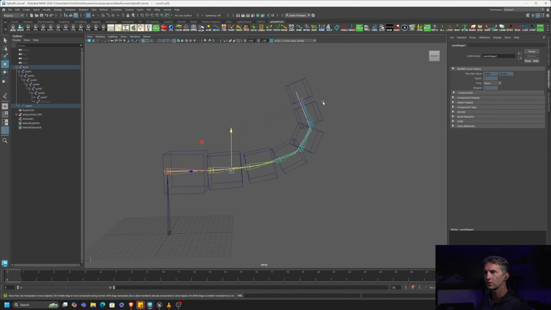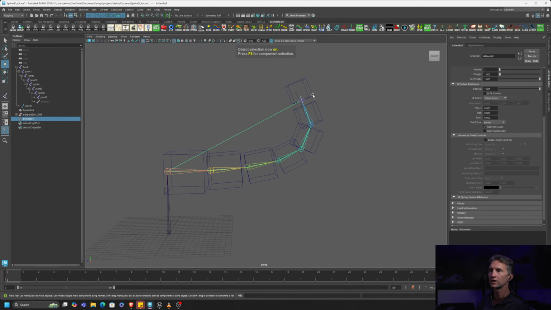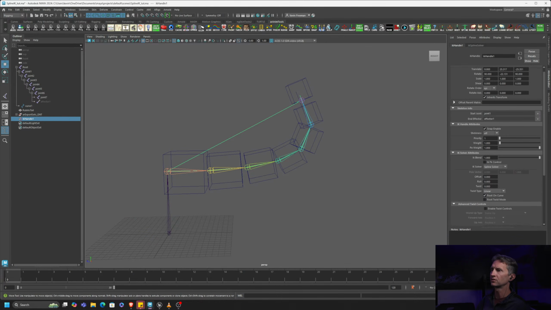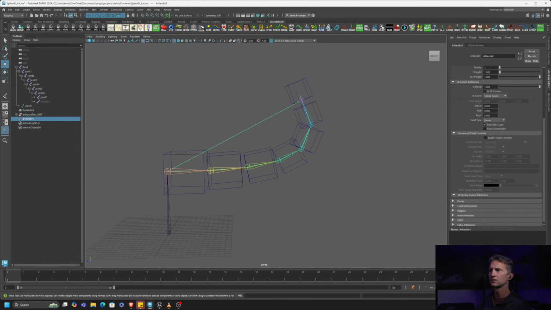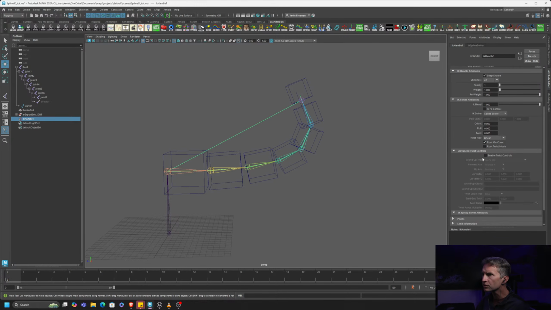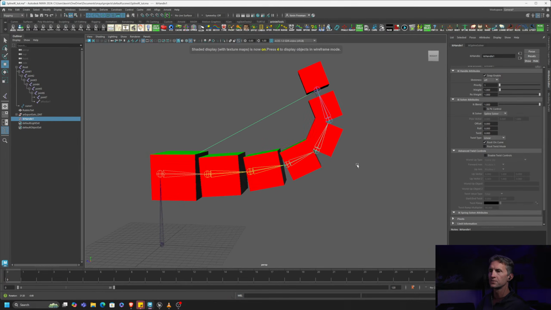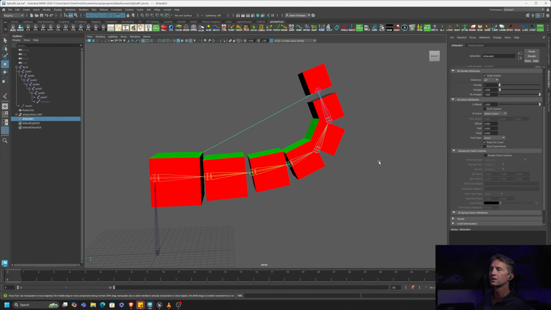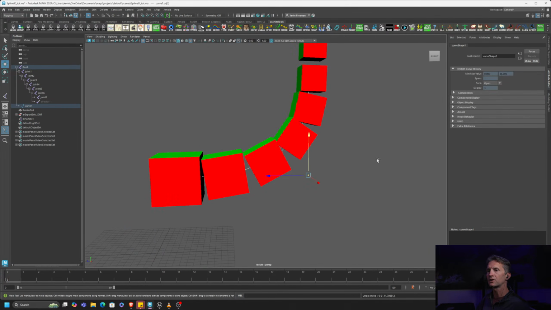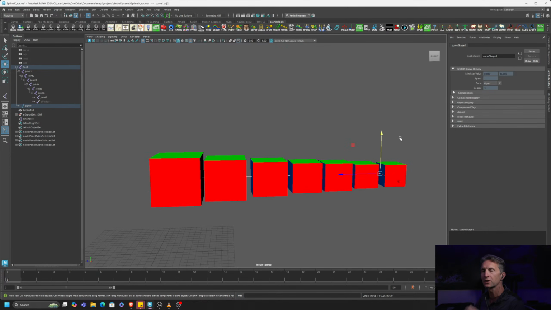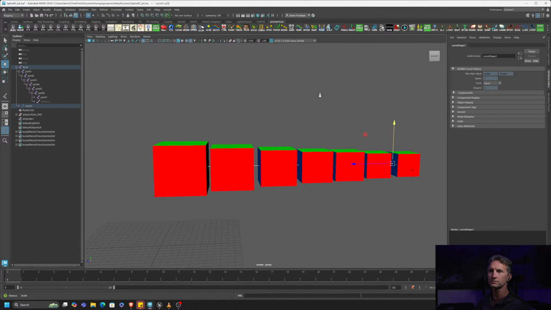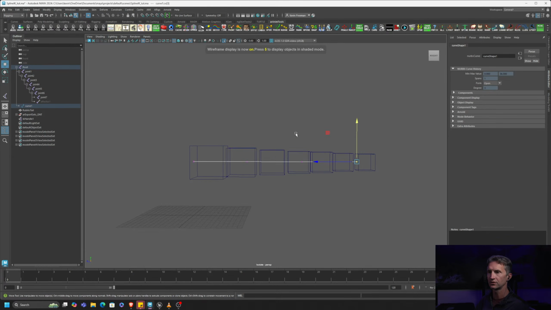Now, this is important to understand that it's a curve, and actually if we come over here, in this setup, I don't believe we have stretching. Okay, FK control, spline solver, twist mode. That's fine. We're going to get to stretching once we get to Unreal. We're going to get to Unreal in a second. But what I wanted to show you was, so we're manipulating this curve. The trick, the thing to understand about a curve, if I undo all this stuff, is it goes back to geometry. If we have this curve in our scene,